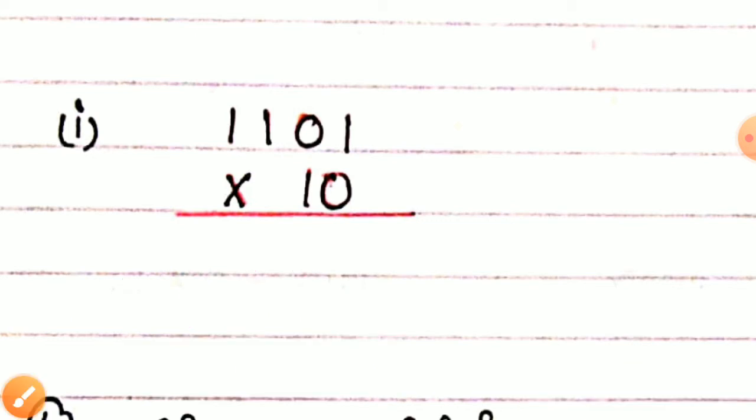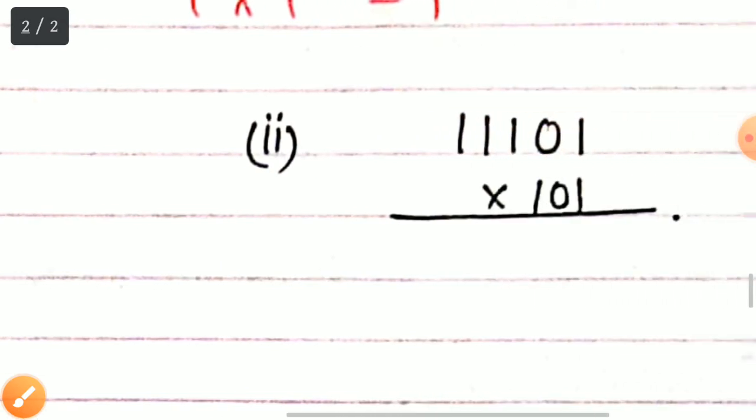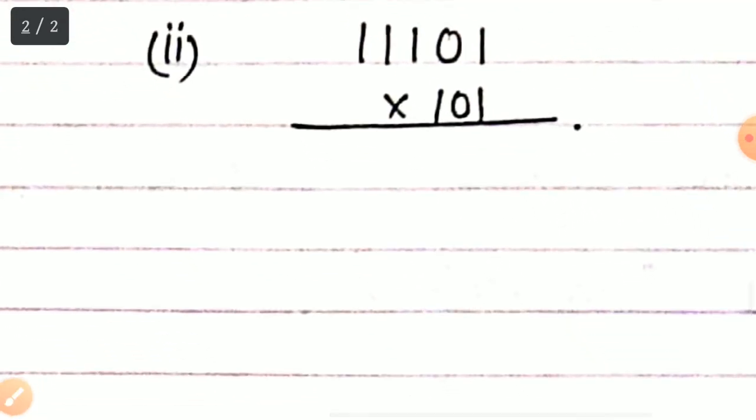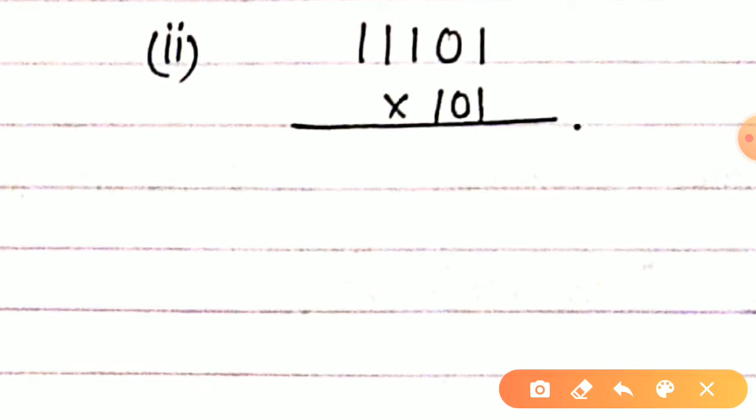Right, see the second example. In the second example also you have to follow the same rule. Firstly start from the left hand side. So 1 into 1 will give you 1, 1 into 0 is giving you 0. Again see over here, 1 into 1 is 1, 1 into 1 is 1, and again over here the same rule 1. Right, we are done with the first digit.